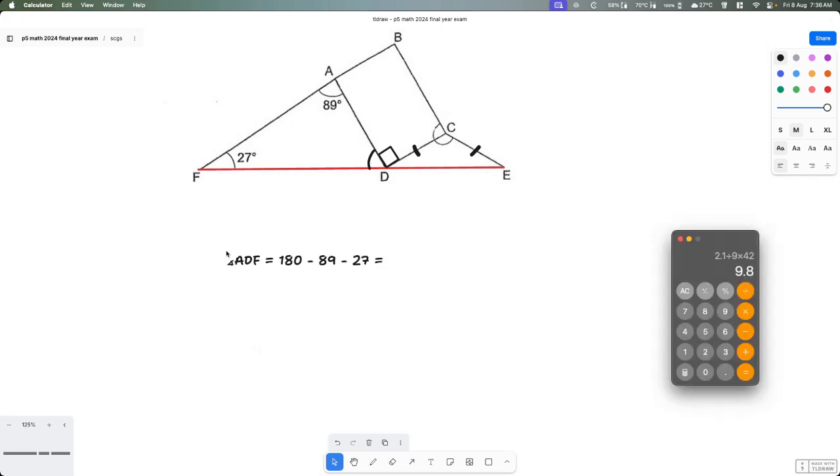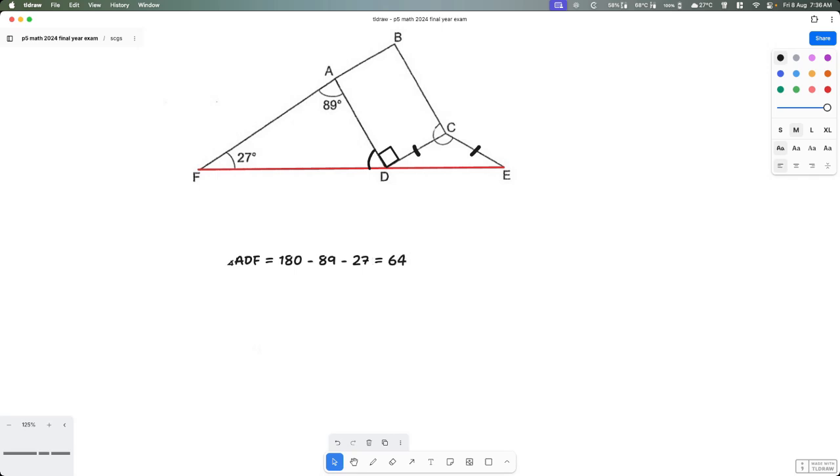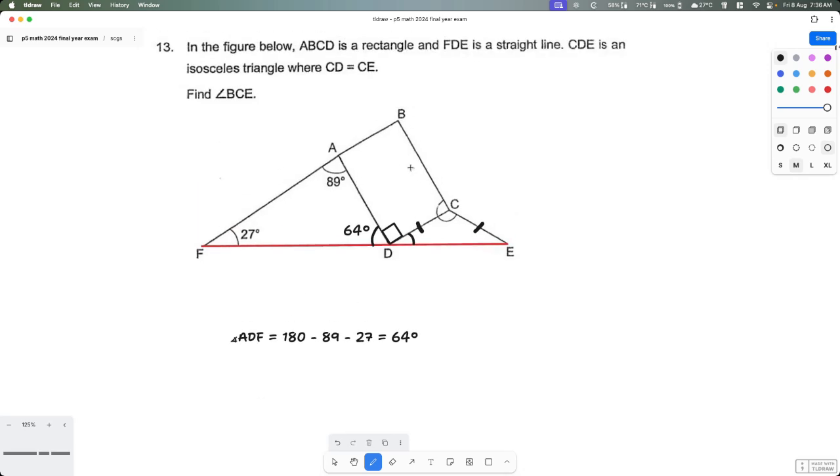So 180 minus 89 minus 27. This will become 64 degrees. Now we know that this is 64 degrees. The next thing is we want to get the next one, which is over here, which is another one. So CDE, right? So angle